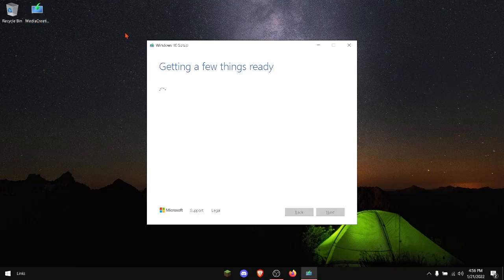So you're going to get a few things ready. Of course I'm not going to wait for this through the whole video, but you're going to wait until it gets you the license agreement. You're going to press accept and then install, and it will download stuff, getting a few things ready, downloading Windows 10 Media. You're going to press next and next and wait for the progress to get to 100%, until all this finishes, and you're going to get an install button. You're going to press install,